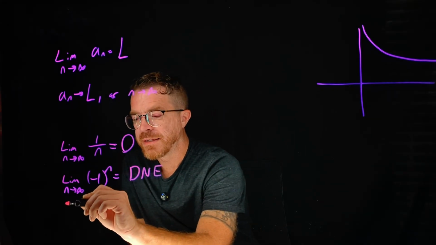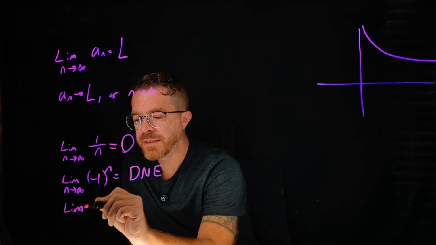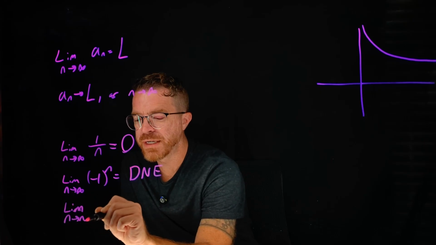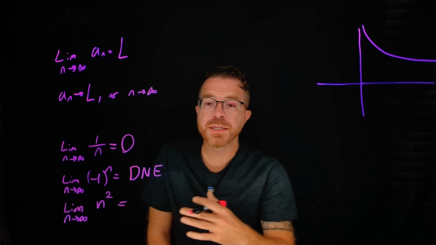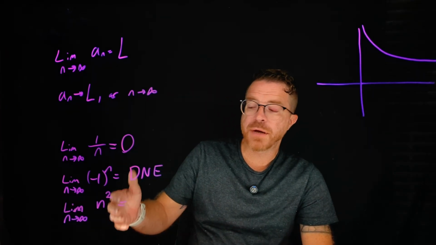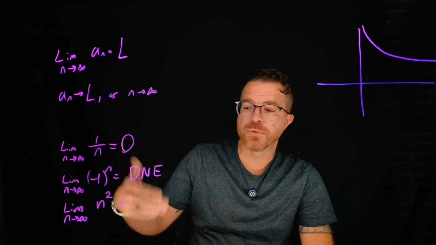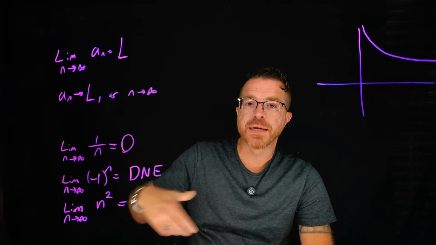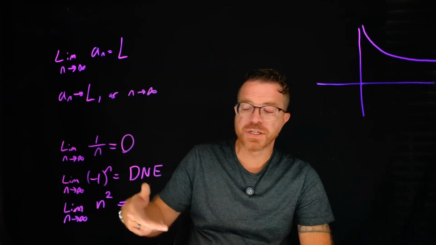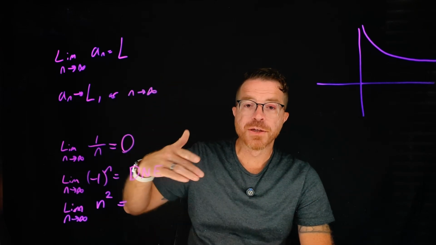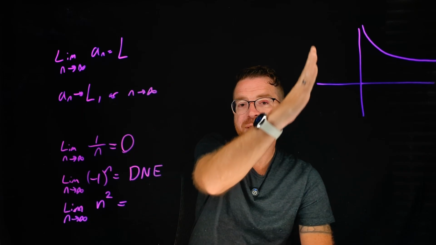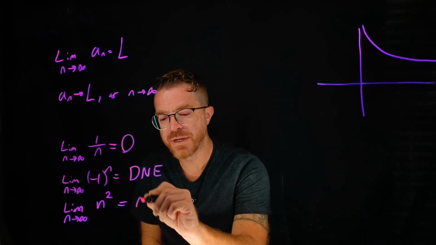What about if I had the limit as n approaches infinity, n squared? Well, what's going to happen with this one? Well, if I plug in 1, I get 1 squared is 1. I plug in 2, 2 squared is 4, 9, 16, 25, 36. It's growing, and it's growing faster and faster and faster with each step. So basically what it's going to do is it's going to go up, up, up until it's approaching infinity,